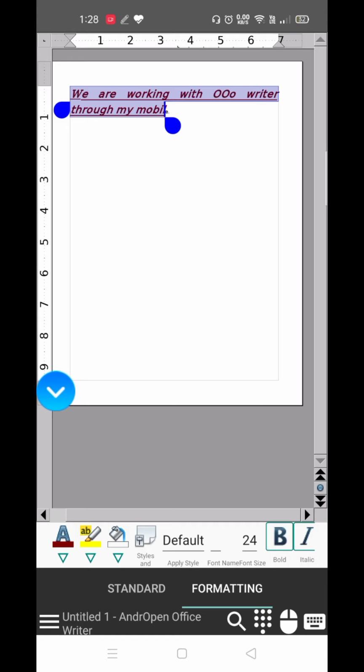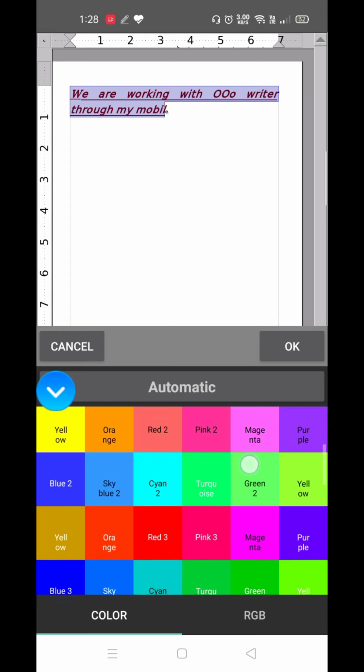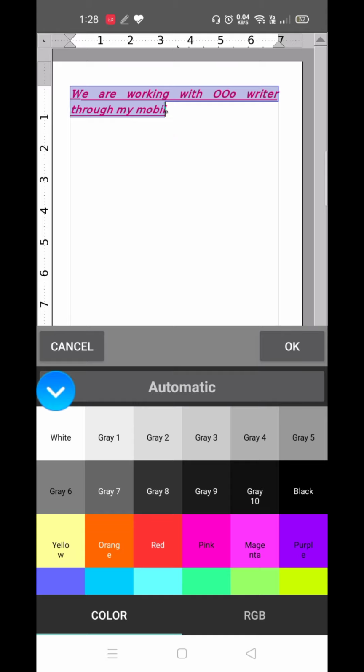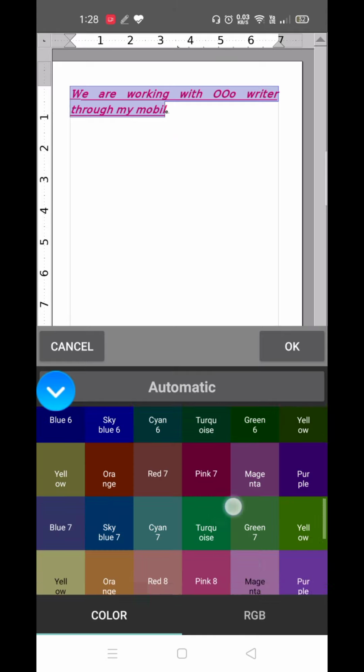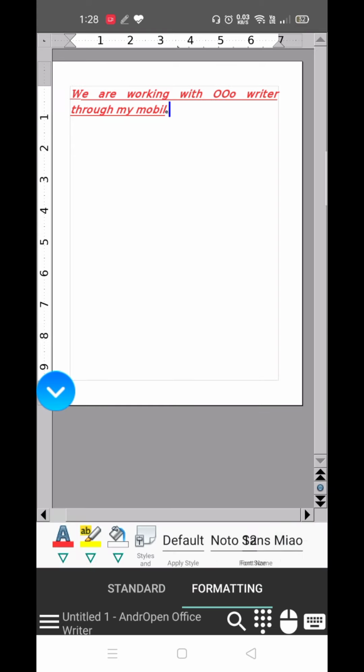Suppose I want to change my text color. I want to make the text red in color or any other color. So I have to click on that feature. Color will be available to us. Pink is not my favorite. I like gray or black only. But for now I am using, let's say, red. Where is red? Here, red. Fine. As you can see, whichever part of text you have selected, that part got the properties which I have given.